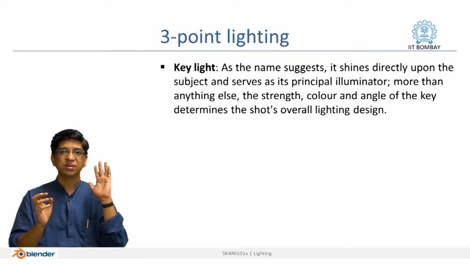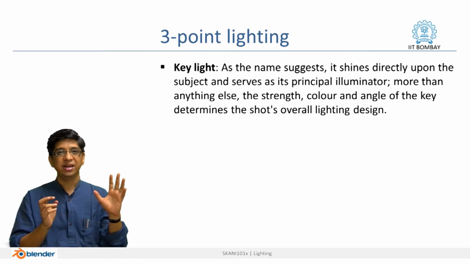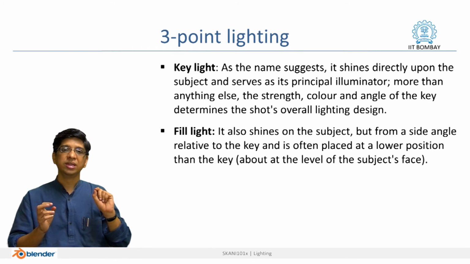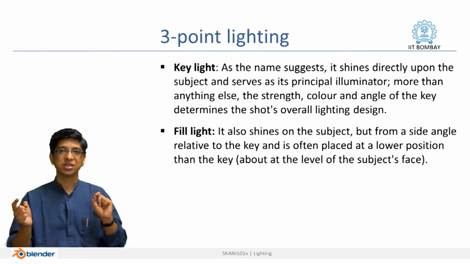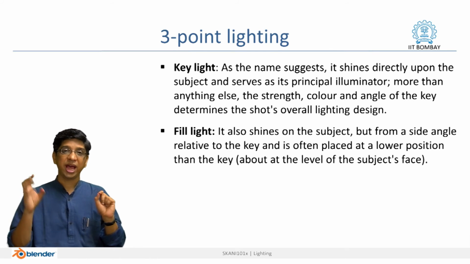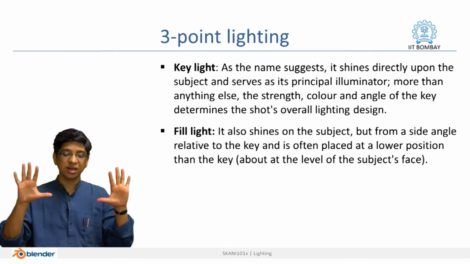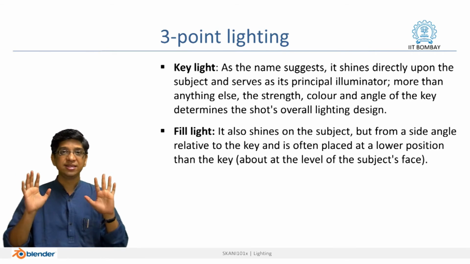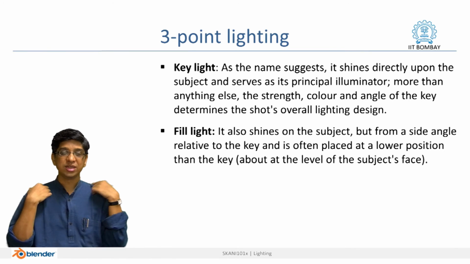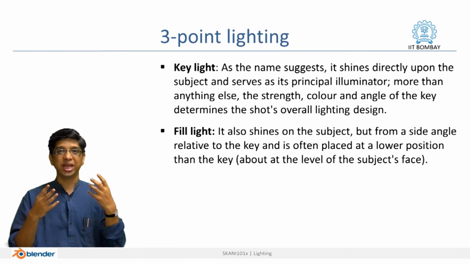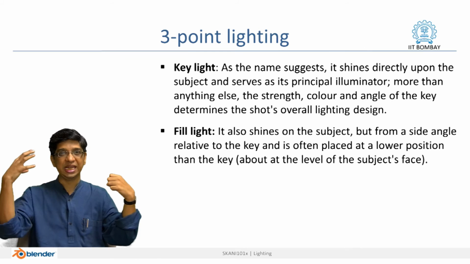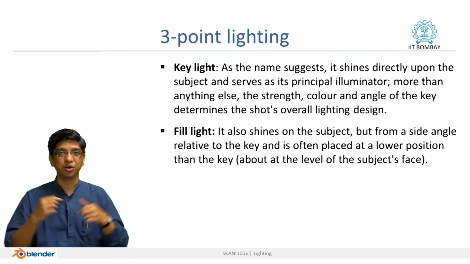Typically that is on the left side of the camera and maybe at the level of the camera or slightly above the camera. There is one more light on the right side of the camera which is called the fill light. This is not as strong as the key light, but it will be able to fill up the rest of the body of that object so that it is illuminated and seen by people. It will also allow us to see the second side of the contour. So like for me, if this is the fill light, this is the key light, so it will show me both sides clearly for you.